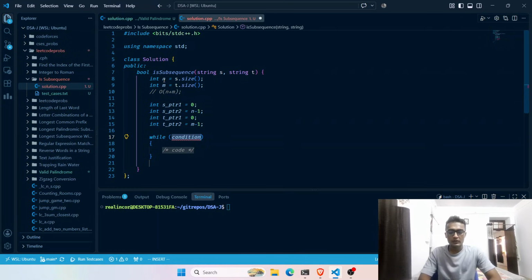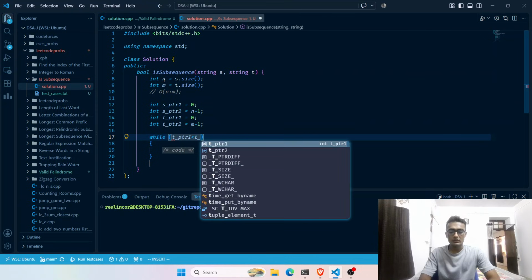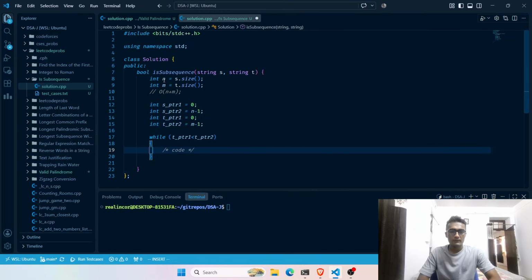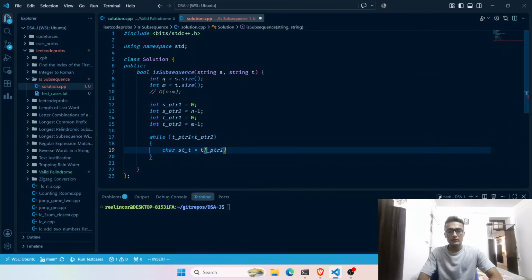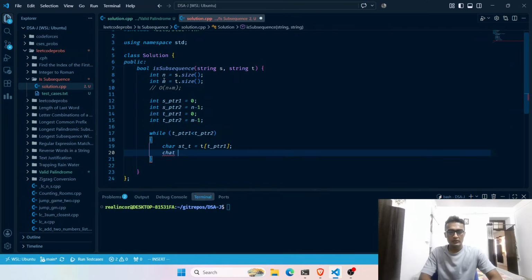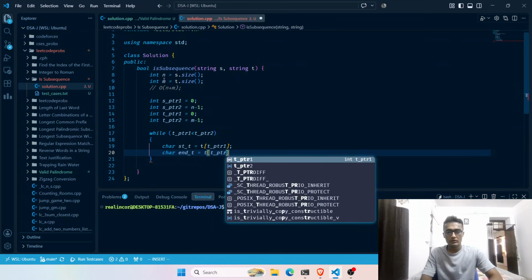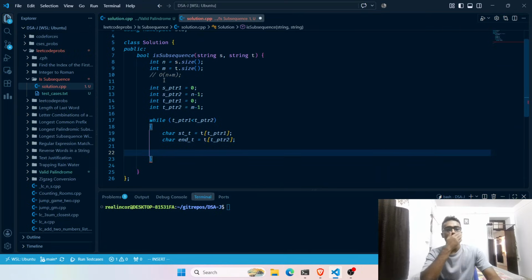We just run a while loop till t pointer 1 is less than tptr2, and we fetch the characters: st from s, no, from t equals t of tptr1, which is the value, and the character nt equals t of pointer number 2, and we just